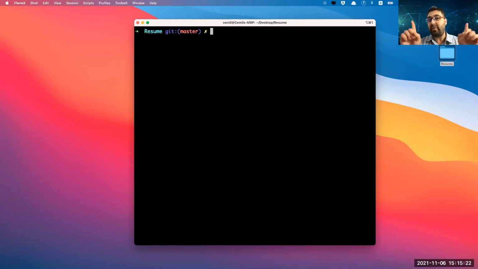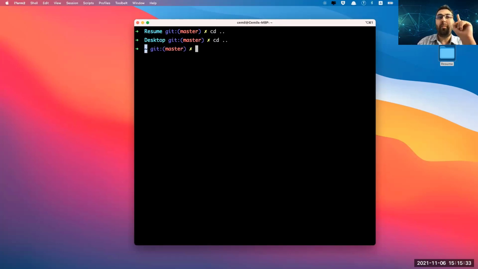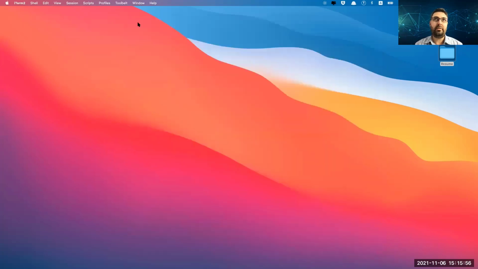To remove that problem, we should go cd dot dot to get back to the desktop folder. Cd again, double dots. And until you see this home, you should keep going, okay? Then you just type this: remove folder dot git. That's it. And it removes everything. If it still shows that, better you close and open the terminal again.